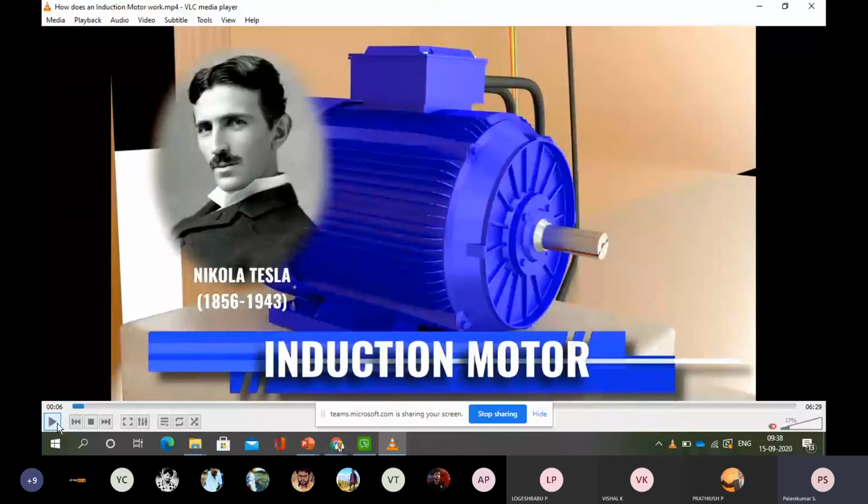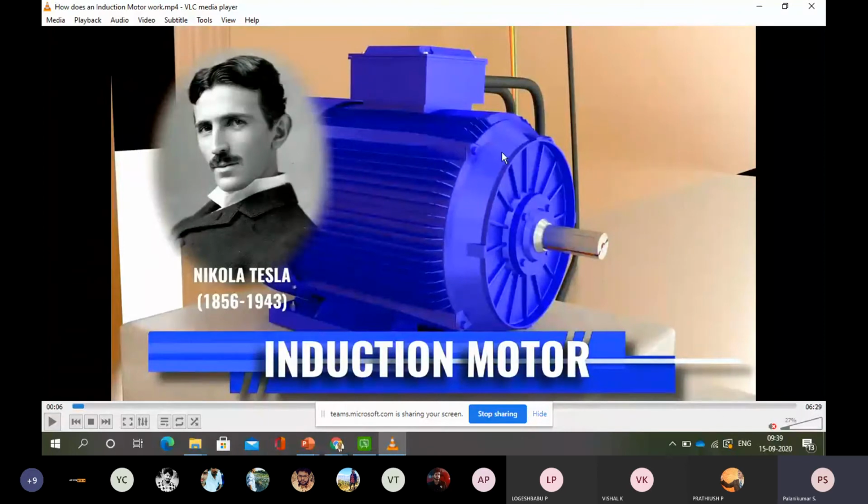Out of the global consumption for the electrical appliances, overall 50 percent of the electrical load is induction motor only. So 90 percent of the motors in industries are induction motors. Out of the power generated in the world, 50 percent is exclusively spent on induction motors. The remaining 50 percent is lighting, other motors, electrical furnaces, etc. So 50 percent of the load is induction motor. That much popular. Okay, so he invented that induction motor.